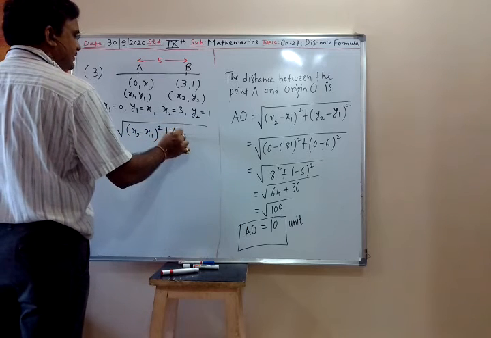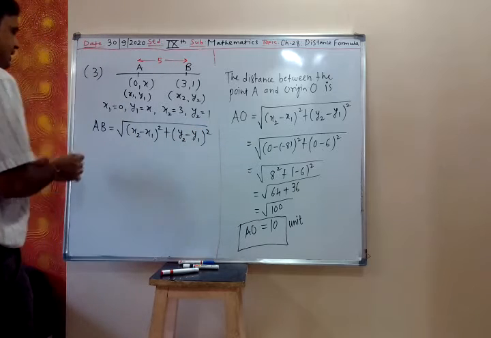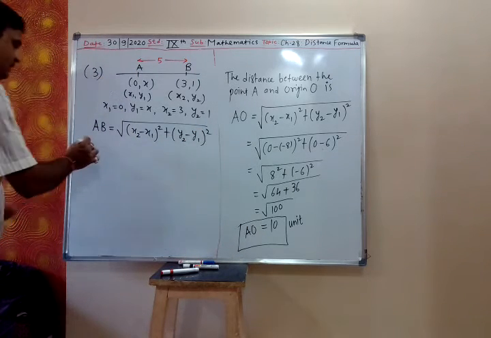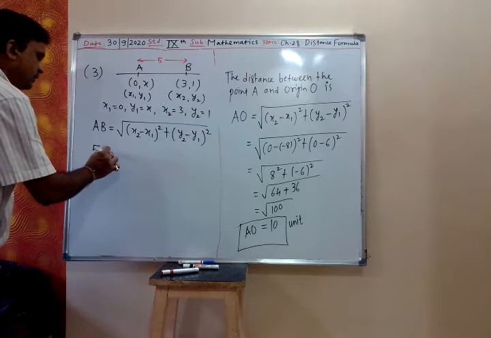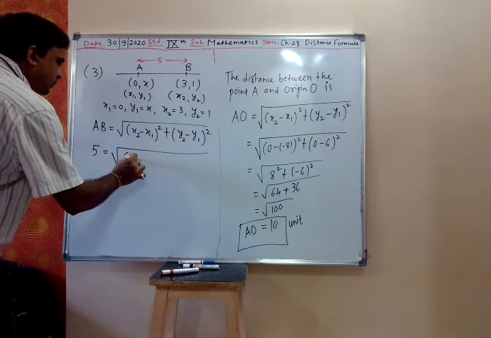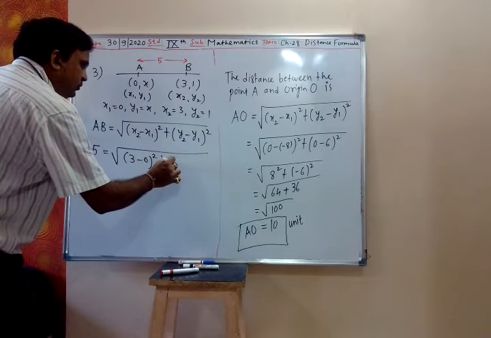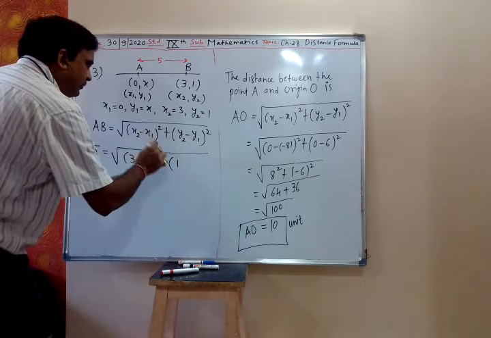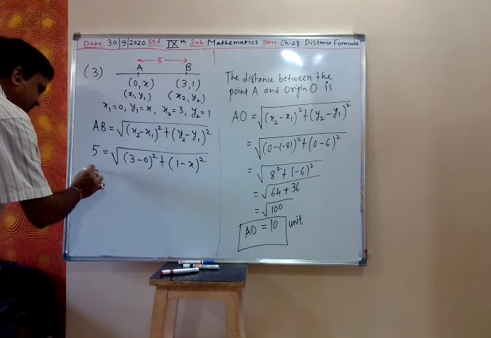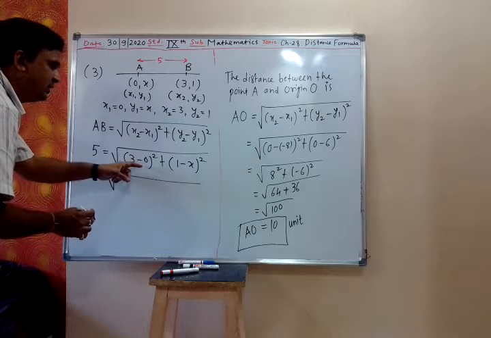plus y2 minus y1 square. The distance between A and B is given as 5. So I will write 5 is equal to square root of x2 is 3 minus x1 is 0, 3 minus 0 square, plus y2 is 1, y1 is x, 1 minus x square. Now we simplify: 5 is equal to square root of 3 minus 0 is 3, 3 square is 9,